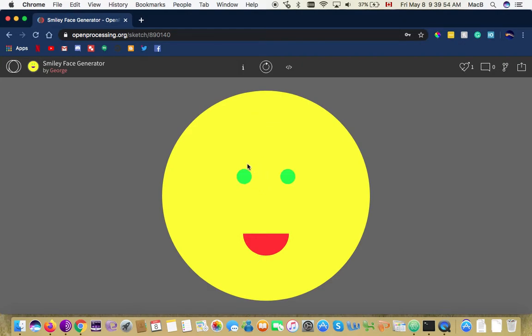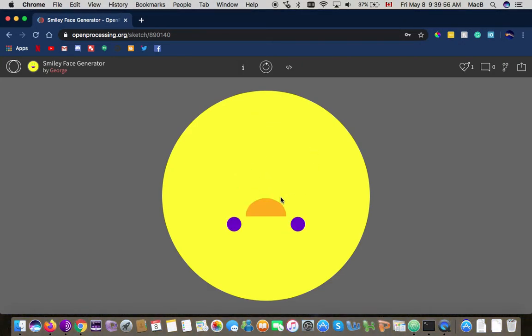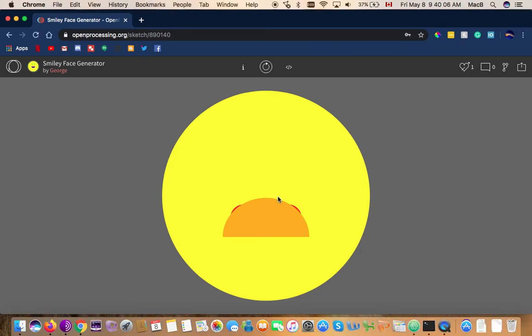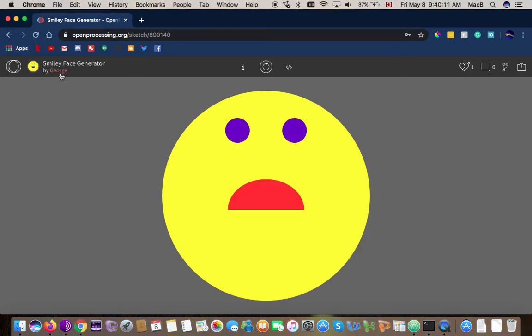So yeah, you can see smaller eyes, smaller mouth, smaller eyes, smaller mouth. Yeah, this one probably has really huge, giant eyes behind that mouth. So yeah,